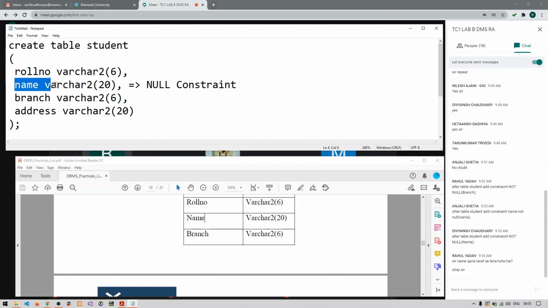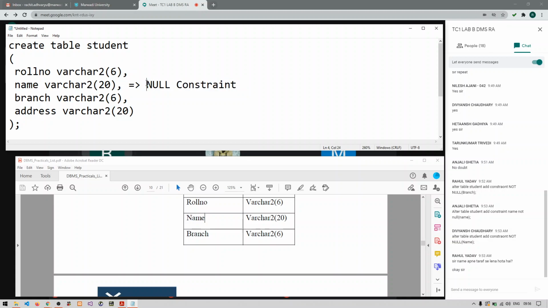So actually we are not adding any constraint, but we are trying to modify this null constraint to not null constraint. Clear, guys, what I'm saying? Whenever you do not provide any type of constraint here, it is by default null, allowing null or blank values.